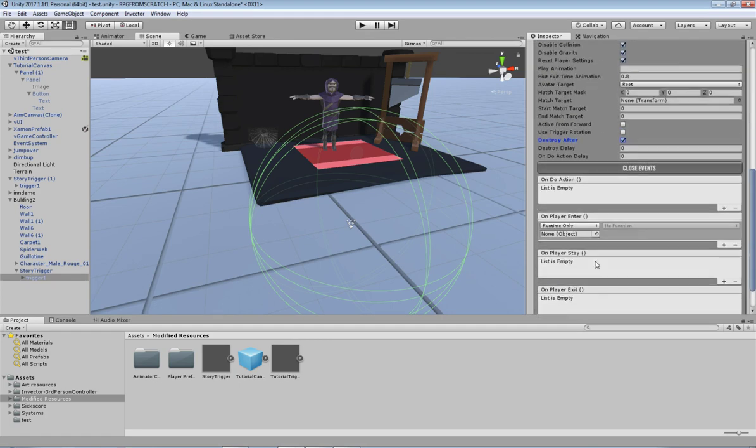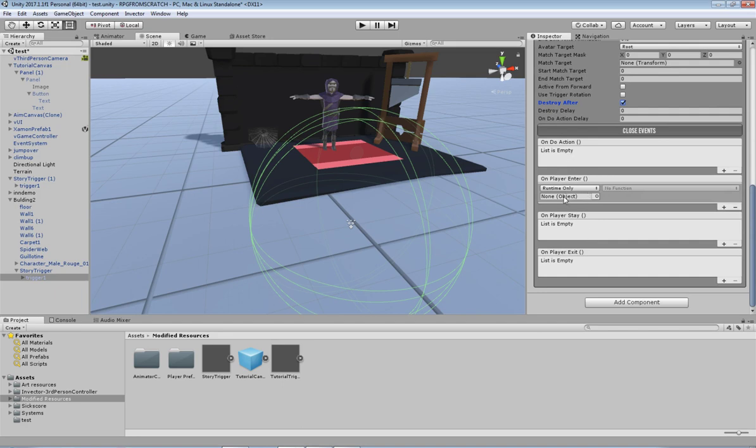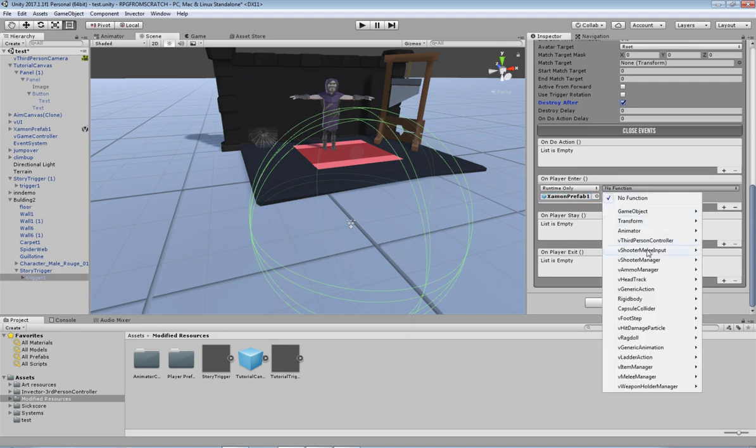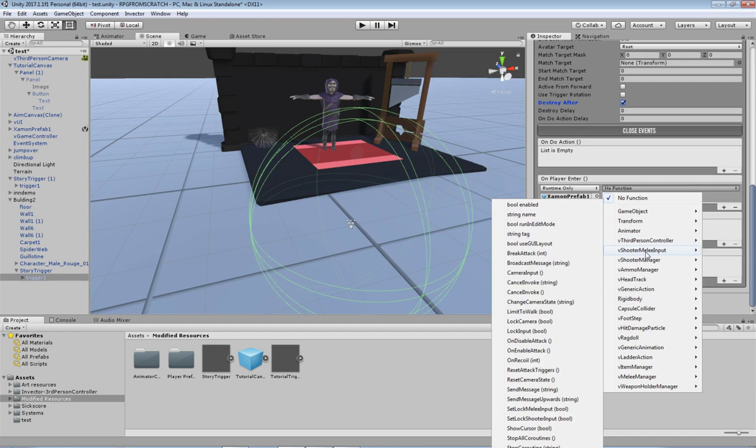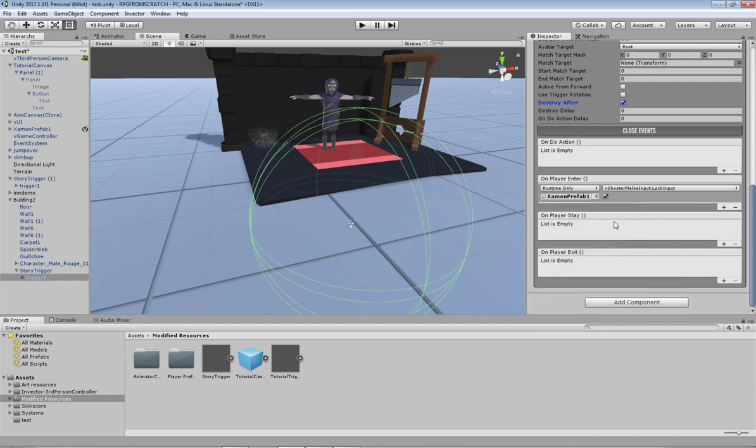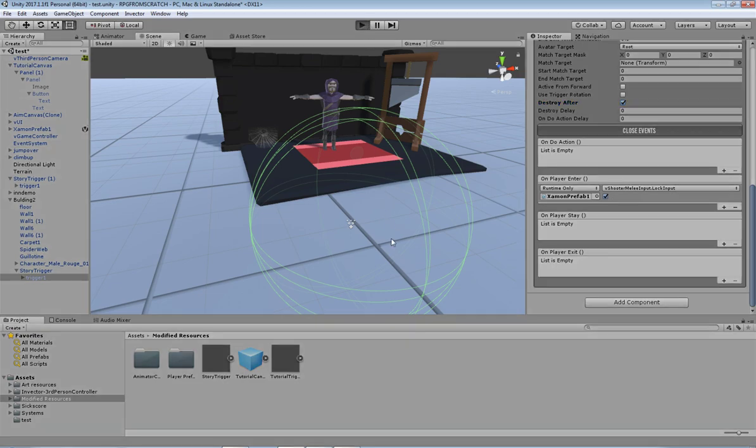But we open events. So on do action or on player enter. This is where we need to do the same thing as before. We need to drag the prefab into here. We need to go to the function menu and find the melee input and the lock input bool, and this time we want it ticked because we want it to actually lock the input until it clicks continue. So now that we've got that set there, once we go here, we press play,